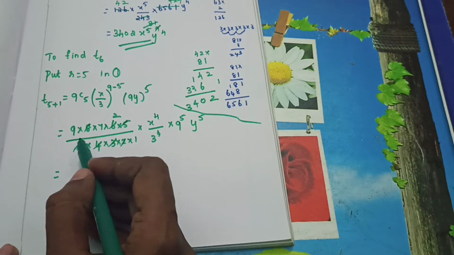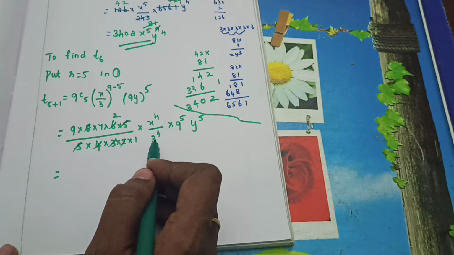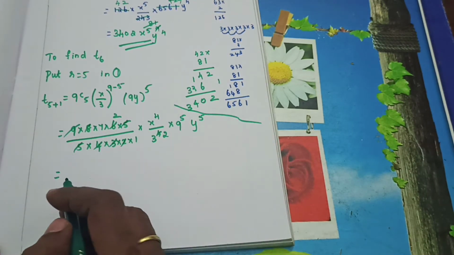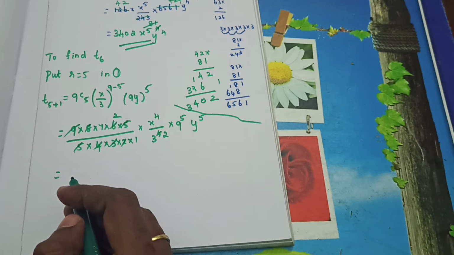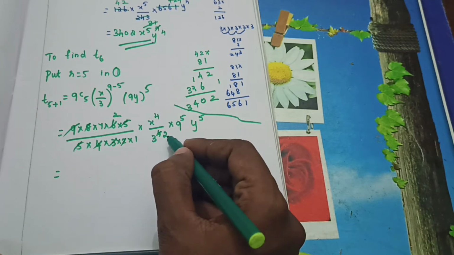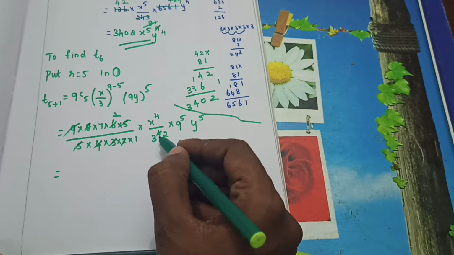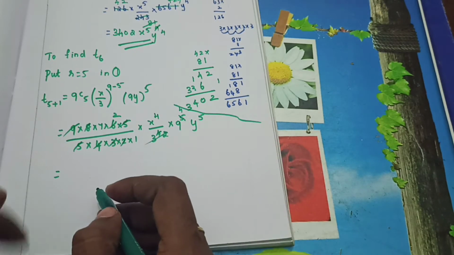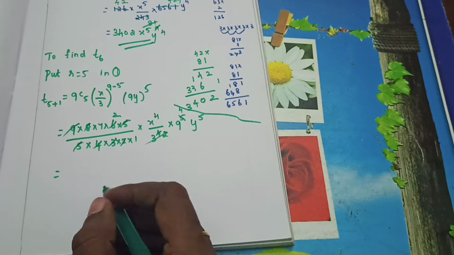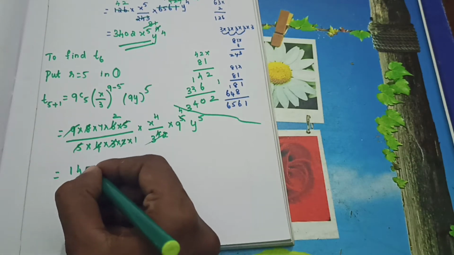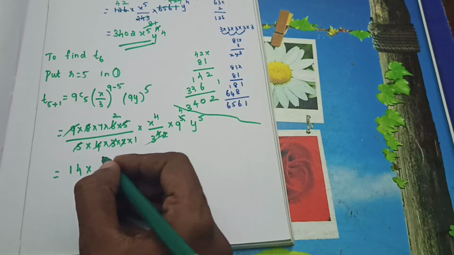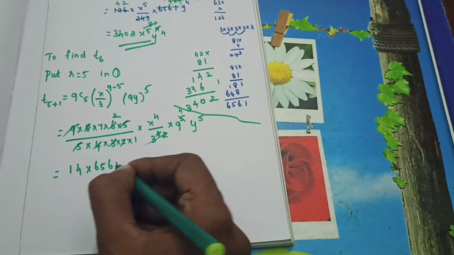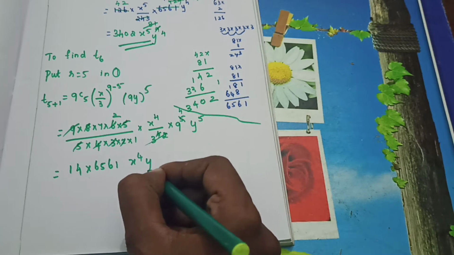So again 3 into 3 you can cancel. 3 into 3 is 9, so it will change as 9 square, it will change as 9 power 4. Again if you need you can cancel. 3 square means the value is 9. Carefully you need to do. Here also you can cancel, and it becomes 9 power 4. As per your wish you can simplify. So the balance is 7 into 2 is 14, 14 into 9 power 4. So 9 power 4 means the value is 6561. Remaining x power 4, y power 5.